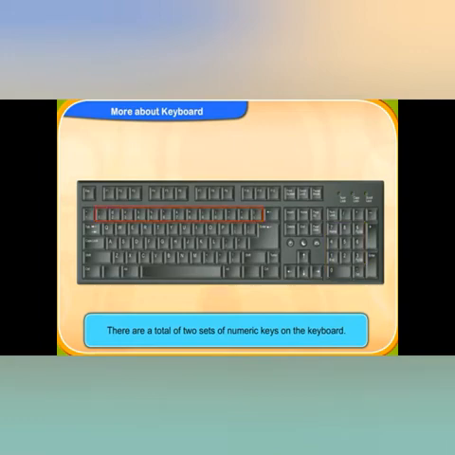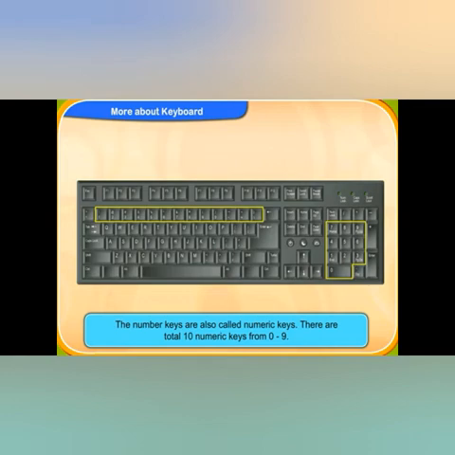Here you can see the first set of numeric keys present on the top row of the keyboard. The second set of numeric keys you can see in the picture is bordered with the yellow line on the right hand side of the keyboard.